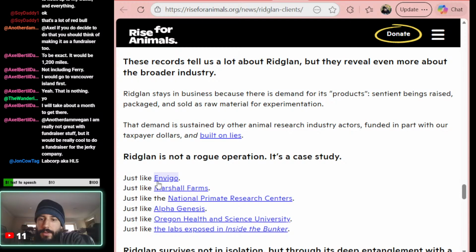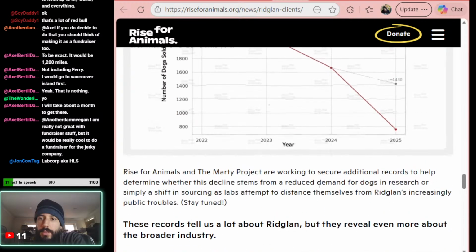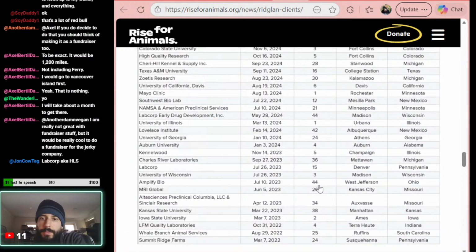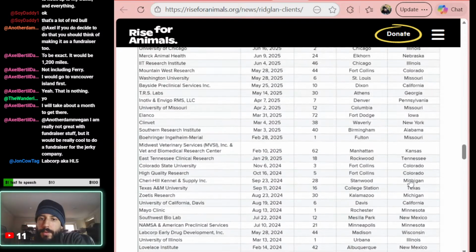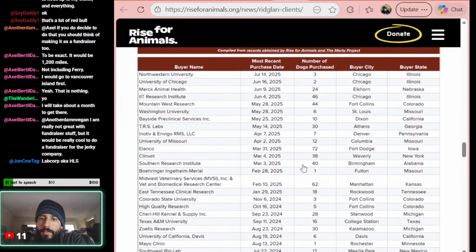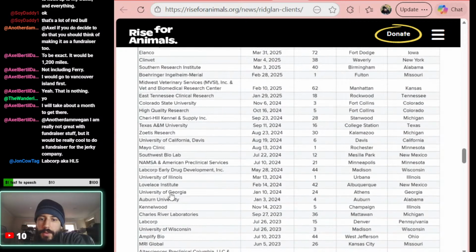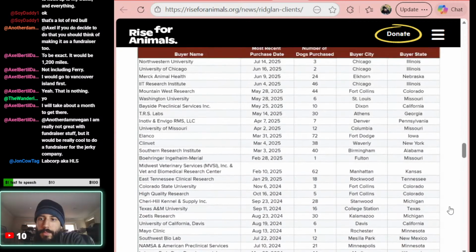They're all tied together. So Envigo is tied into them. LabCorp is tied into them. This is what it's called now. They changed their name. Look, it's also Denver, Pennsylvania. Innovative. That's what Envigo's called now, and they're owned by LabCorp. I'm pretty sure.